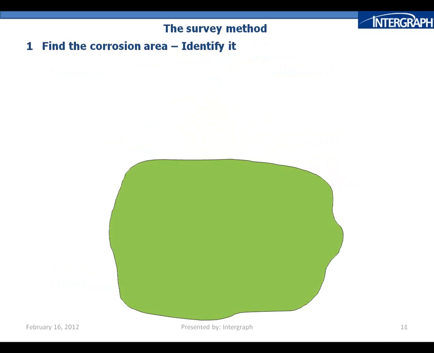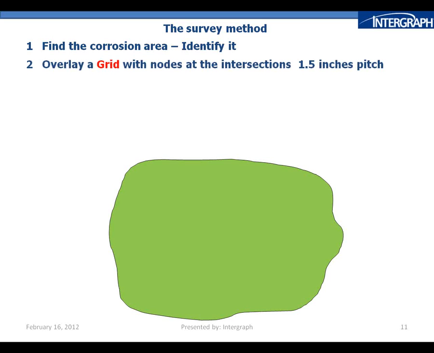So let's look at the survey method for a moment. First of all, we need to identify the corroded area. The inspector would go inside the vessel. With an inspection, he's determined that this area of the vessel has been subjected to some corrosion. Okay, he's identified it, so he has to identify that area. Now we have to determine what we have to do about this corroded area. So what the inspector can do, with a pen or a marker of some description, is overlay a grid over this